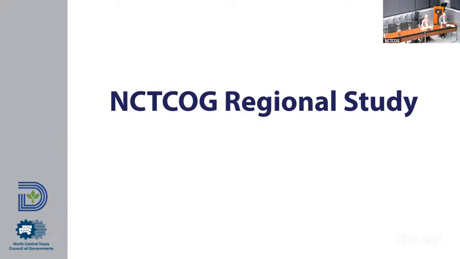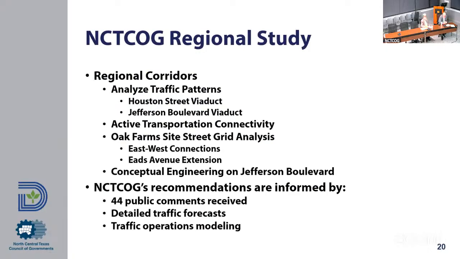I would like to get into reminding everybody what it is that we did and how we went about doing that. That information is represented on this slide. We wanted to rethink the best use of the Houston and Jefferson Boulevard viaducts, and reconnect active transportation, both from the local portion and the regional portion as part of the regional system. We wanted to be very sensitive to the Greenbrier traffic impacts on the western edge of the study